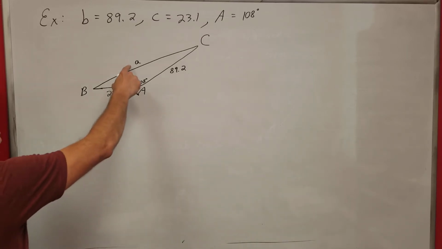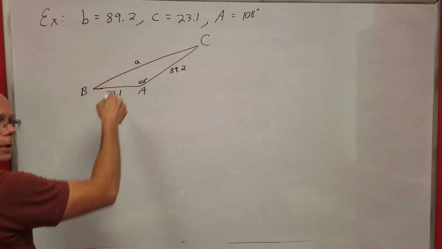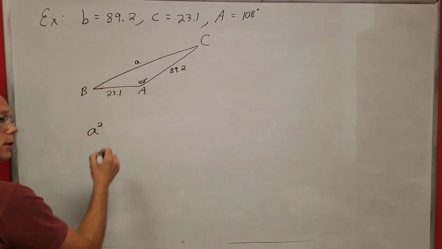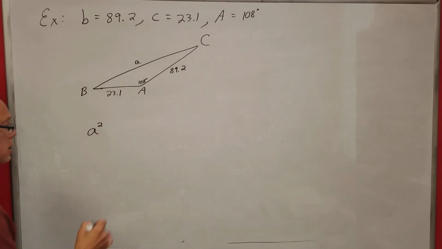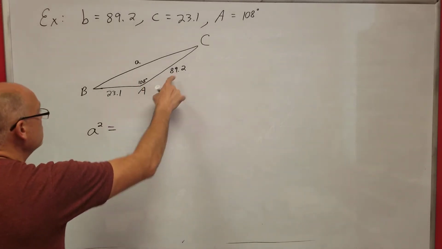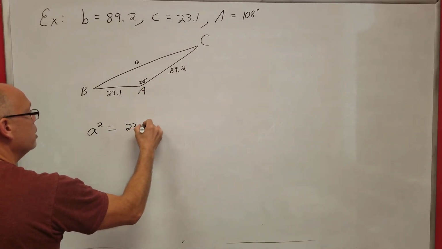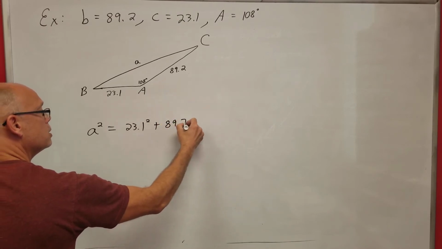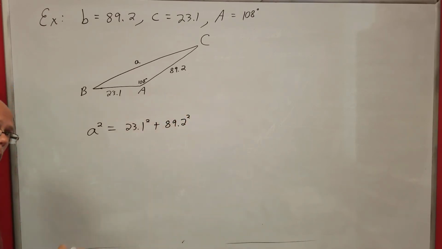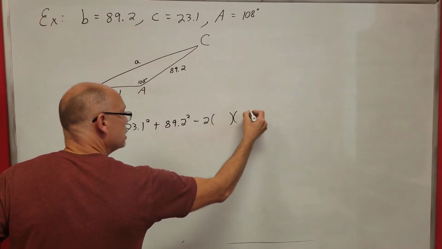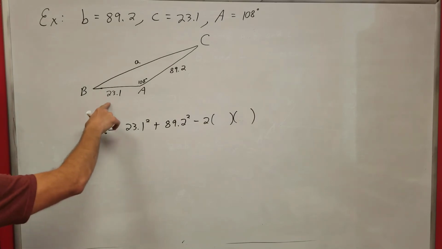Find the length of the side opposite this known angle. So that'd be A. So A squared, according to my formula for the law of cosines, is equal to the other two sides squared added together. So 23.1 squared plus 89.2 squared, the other two sides squared added together, minus 2 times